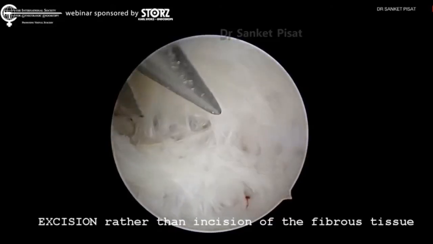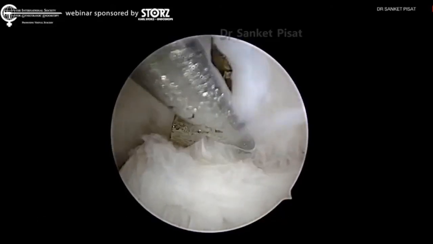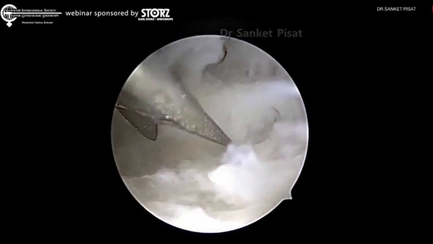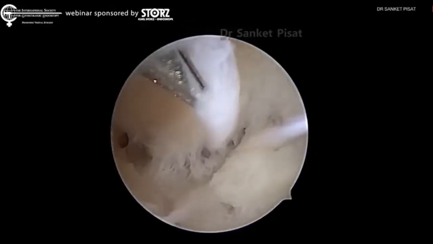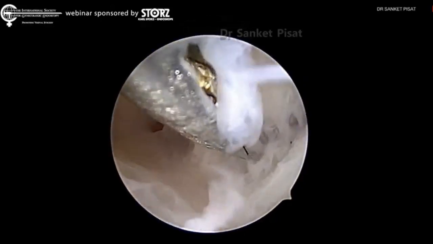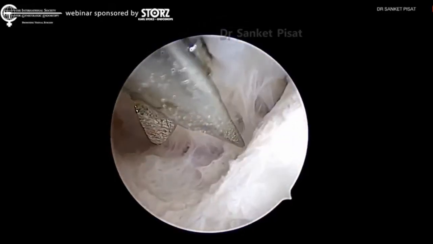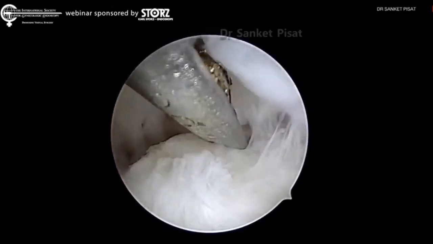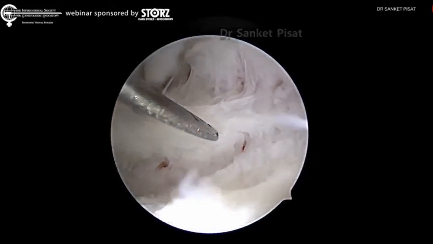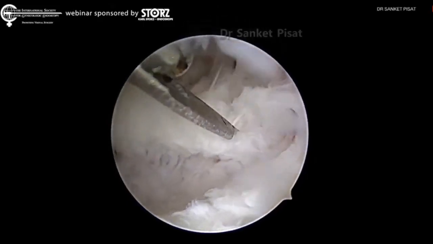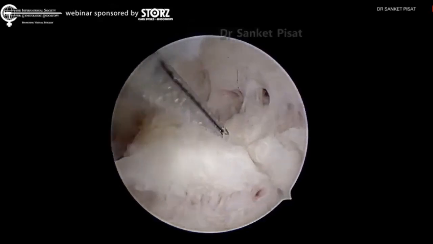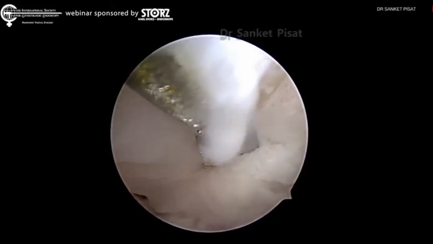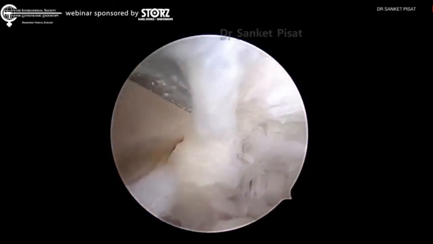A wedge of tissue is attempted to be excised by cutting closer to the anterior wall and then to the posterior wall so as to take out a chunk of tissue between the anterior wall and posterior wall. So again, the scissor is gently moved, and as the scissor goes deeper and deeper and this wedge like tissue is removed, we see that the white fibrous portion will start giving way to a more vascular part of the uterus, and the difference between the vascular part and the fibrous part can be made both by the feel of the tactile sensation which the surgeon has, as well as the color of the tissue.